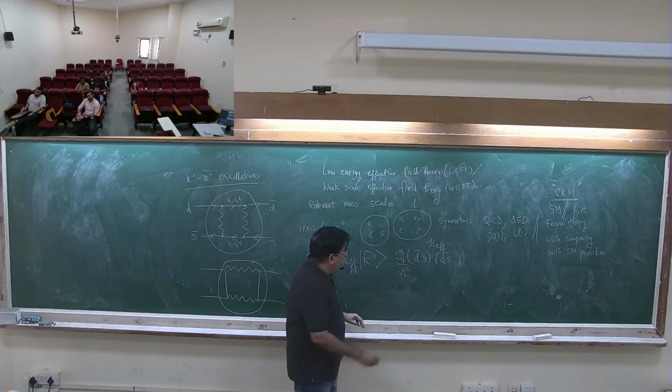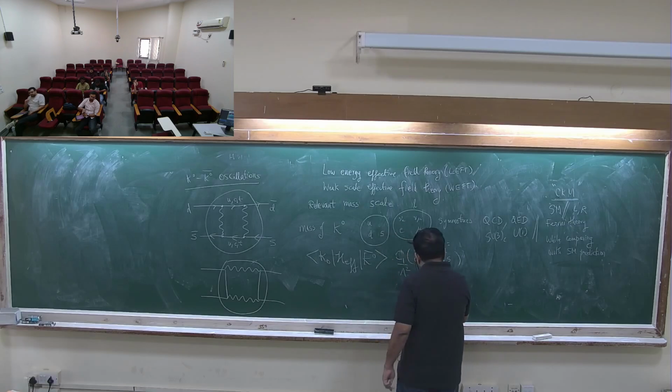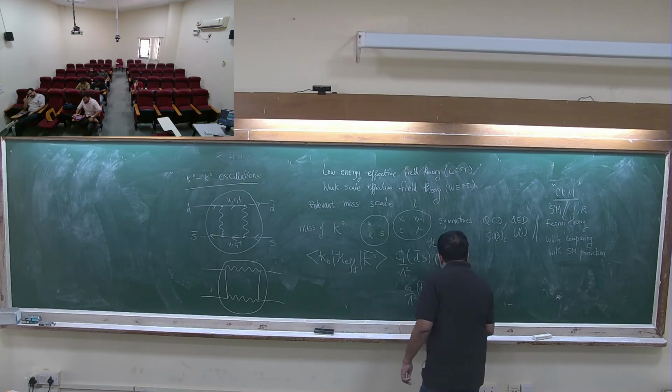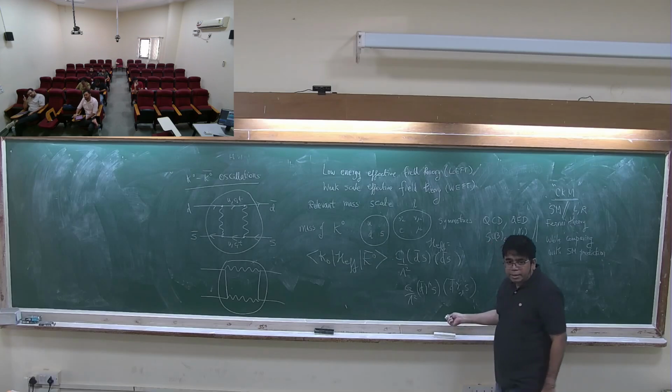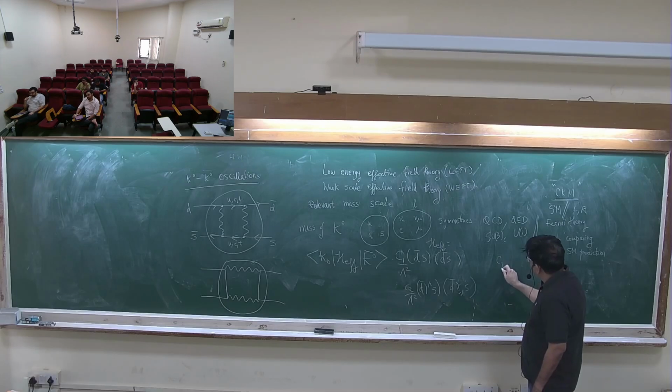Okay, so I'll then say C2 by lambda square. Okay, all possible operators I'll write down. Okay, then I also have